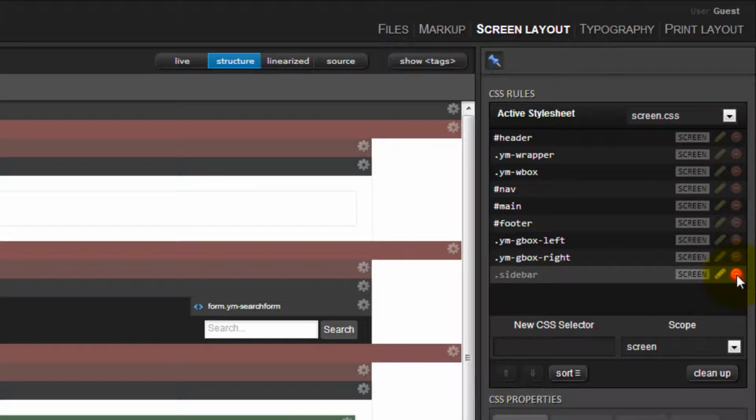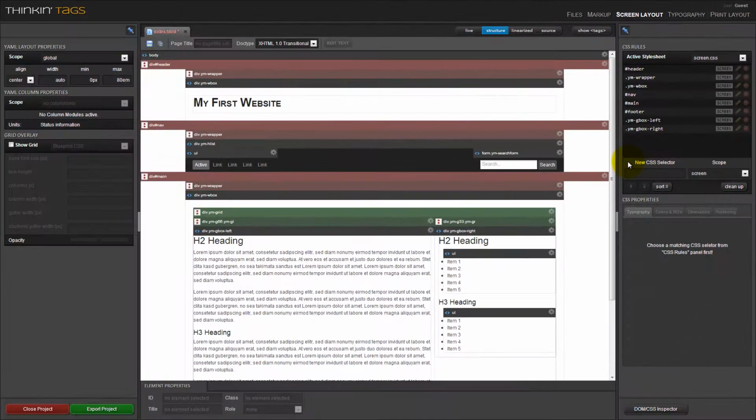I'm using the delete icon here, and with this click I'm at the end of this